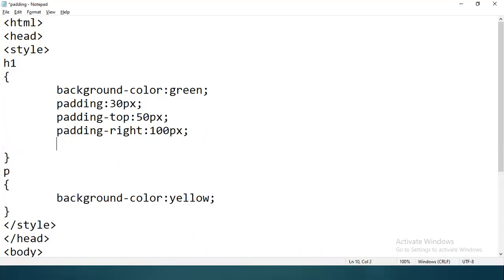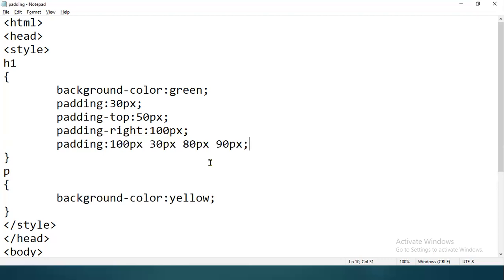If you wanted to define all the properties in a single line, then how can you do this? You will write padding. Then first of all, you will define the value for the top. For example, padding top, you want 100 pixel. Then you will put a space, and then you will write padding right. For example, padding right you want 30 pixel, then you want padding bottom as 80 pixel, and padding left as 90 pixels.